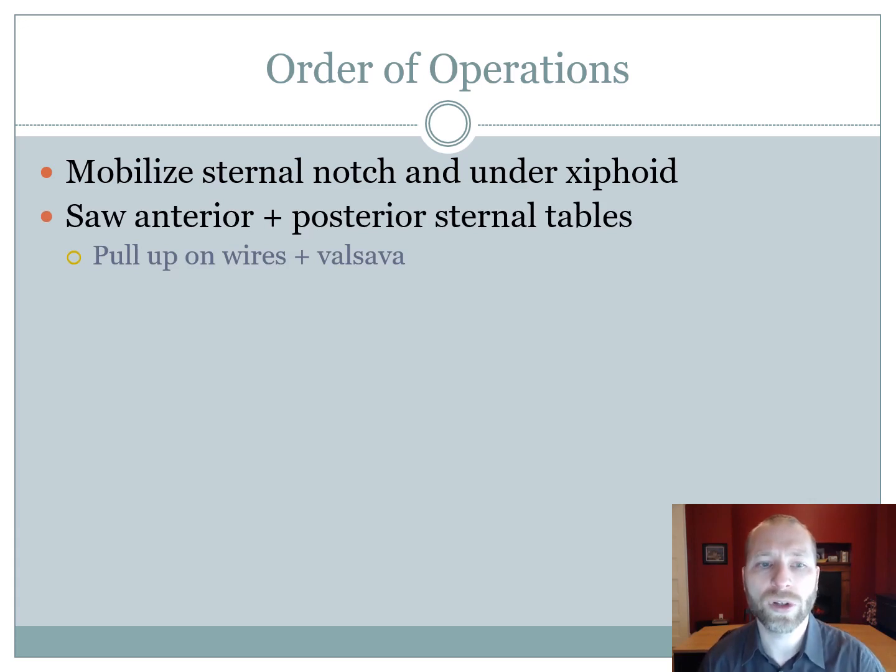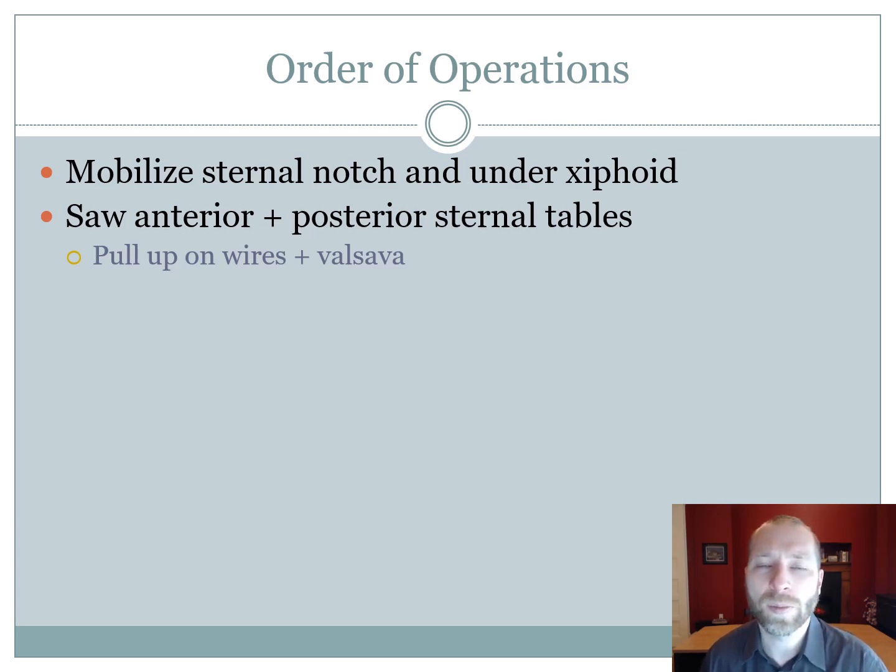Up next, you want to saw the anterior and posterior sternal tables. You want to use an oscillating saw rather than the standard reciprocating saw. And normally what I do is I untwist all the wires. I put a Coker or a Kelly on each wire, and then when it's time to actually start cutting with the saw, I get the anesthetist to do a Valsalva maneuver, which pushes the sternum up and away from the